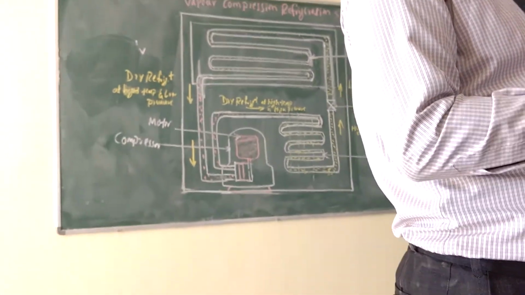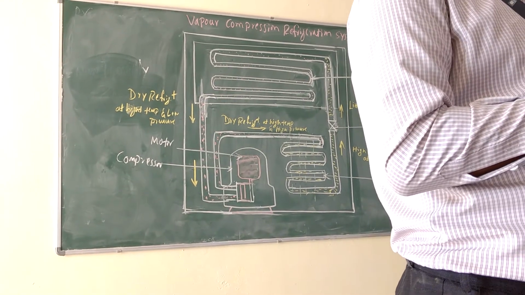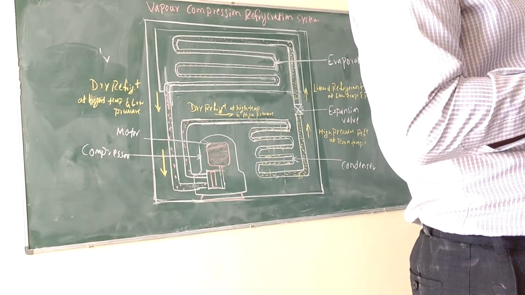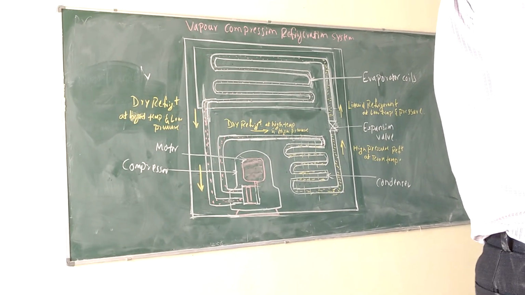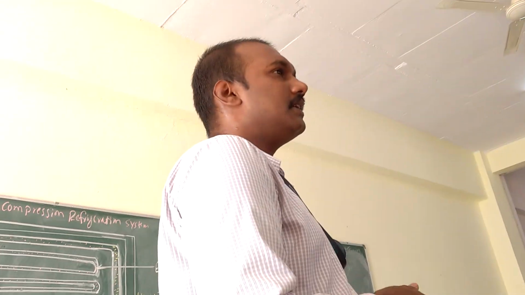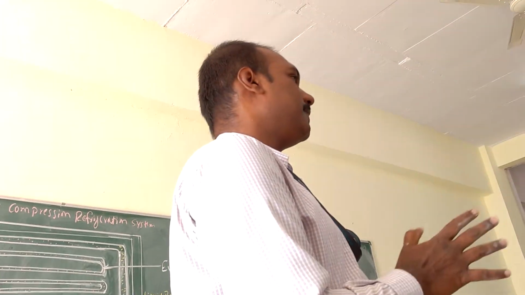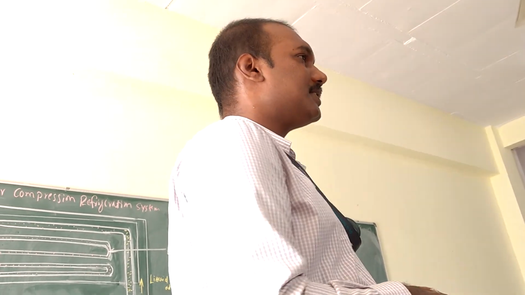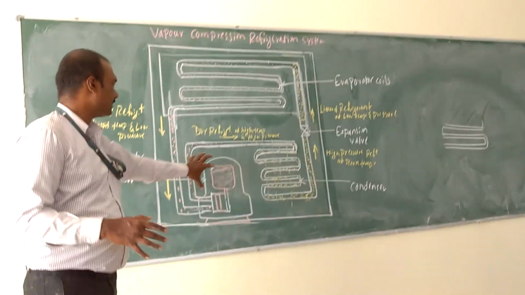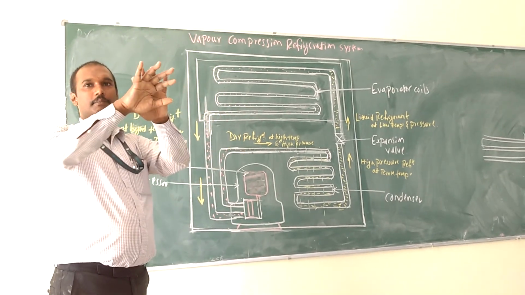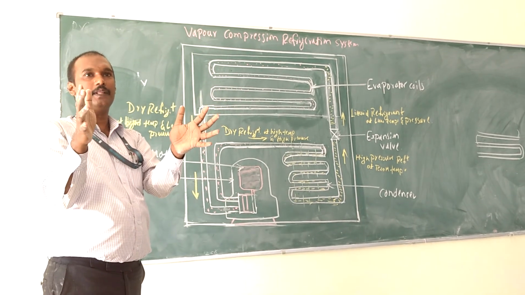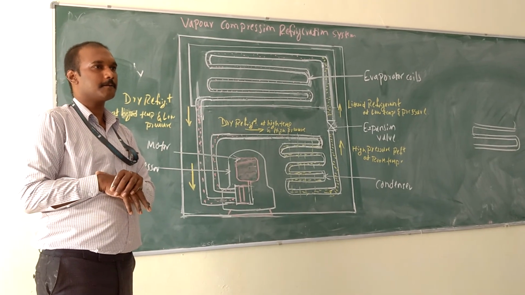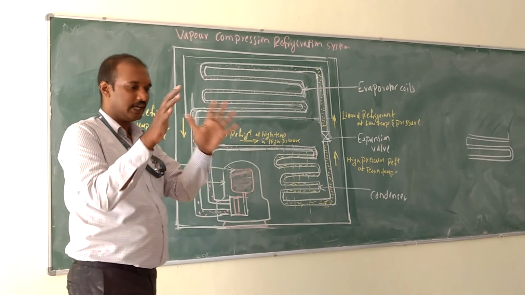So this is the working of the vapor compression refrigeration system. Whatever you are using as a domestic refrigerator works on the principle of the vapor compression refrigeration system. You can see at the back side of the refrigerator, it will be sealed, in a heavy spherical shape. A sealed cover will be there. Inside that, they use a motor and a compressor. Compressor and motor will be inside it.